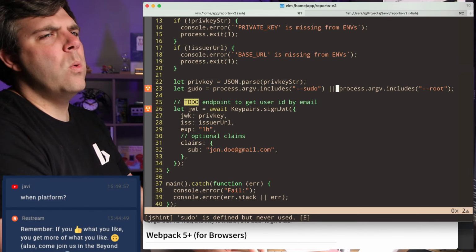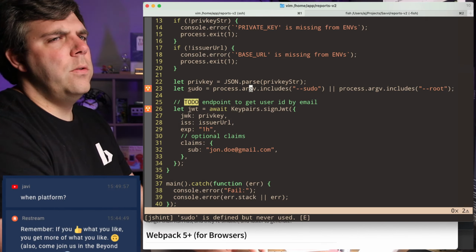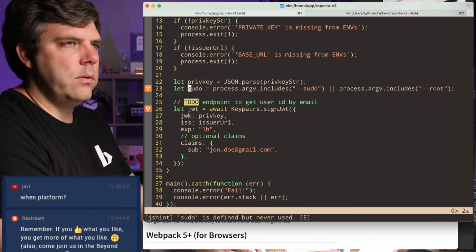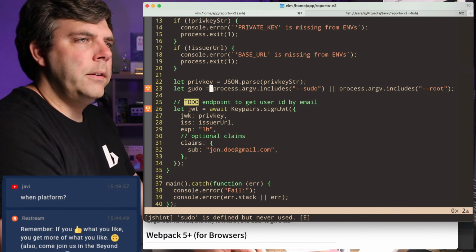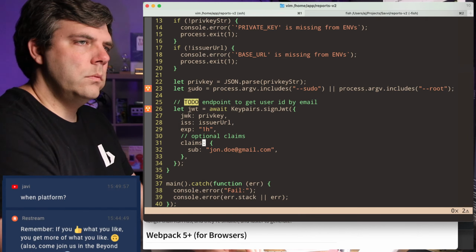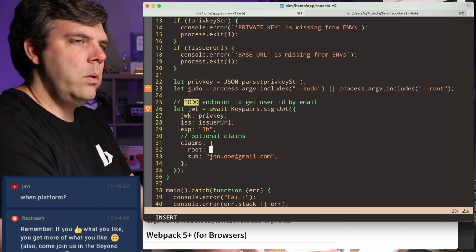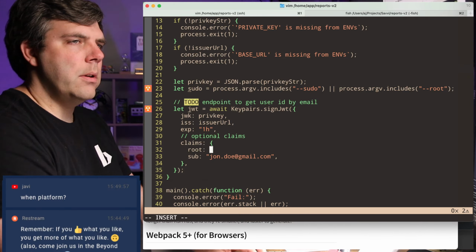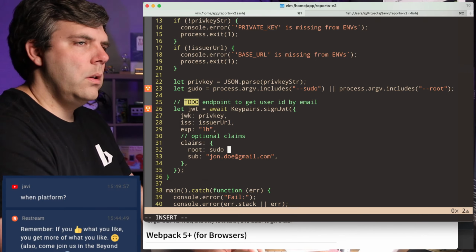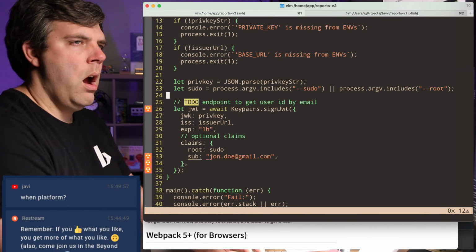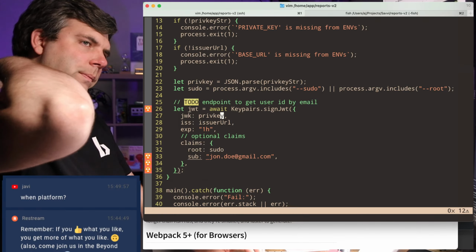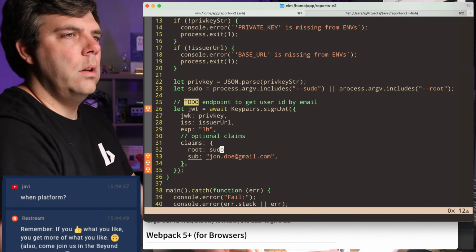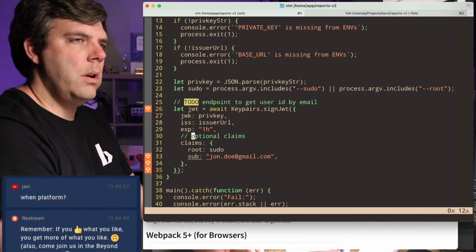I think root is actually more descriptive in this particular case of what I actually want here. So I'm going to go with root. Shouldn't be a problem. Let's see if we can have empty claims or not here in a second. Okay, so we're going to have that.